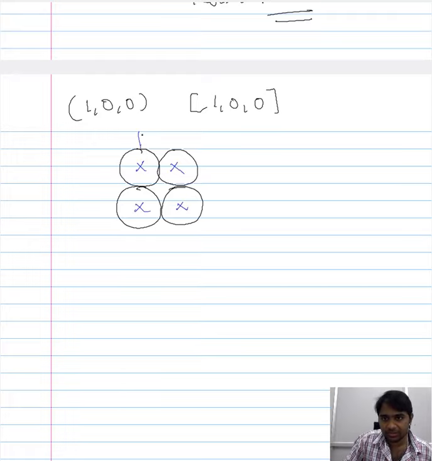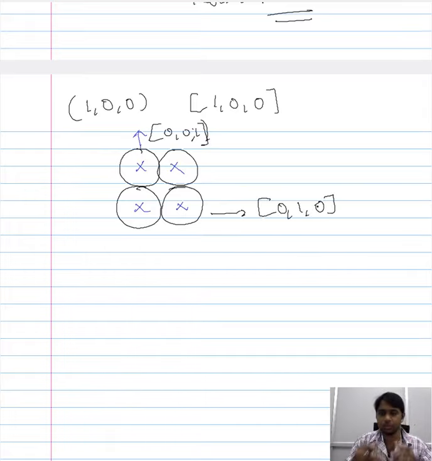So here your direction is 0, 0, 1, rather, yeah, and here your direction is 0, 1, 0. So you can think about it and you will understand that this is what the direction is. Once you shift your focus or align the angle of your viewing to the 1, 0, 0 direction, you will end up with this setup. So this is restricted to the unit cell that we are considering.